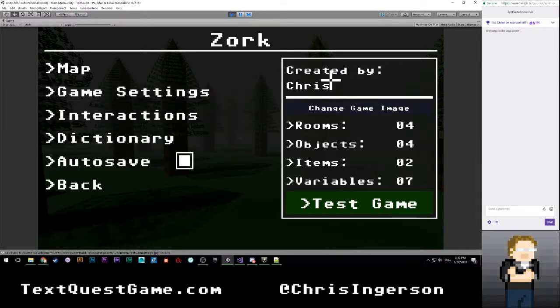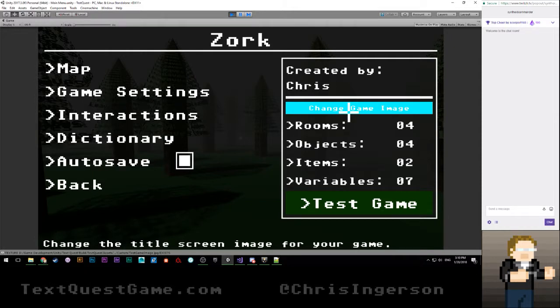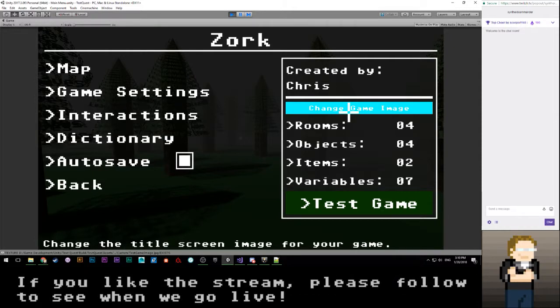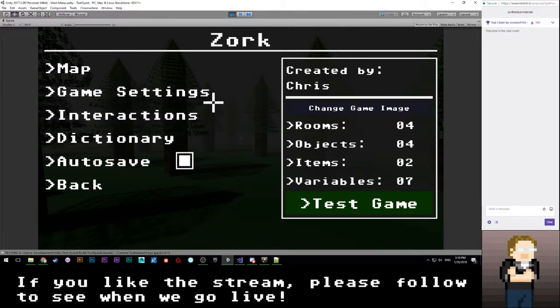and then game settings would allow you to edit things like the created by, the background image, which I already kind of have here, and I'm not entirely sure if I would want to really move that. As well as, you know, all the other relevant information. And that kind of makes more sense for those to be grouped together and variables to be a separate thing. So let's go ahead and do that.